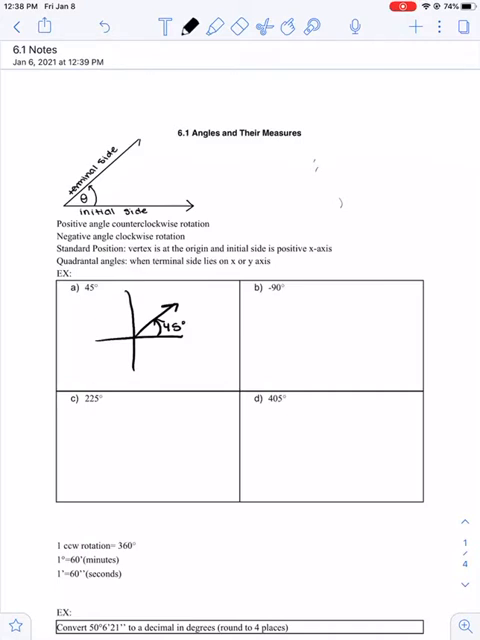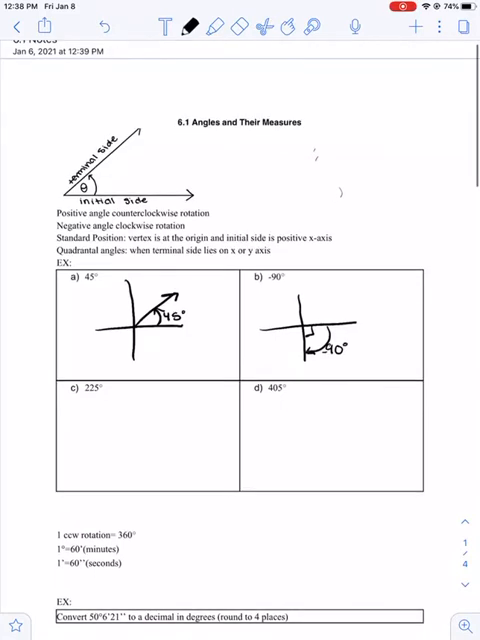All right, for B, we're negative 90. So remember, if you're going negative, you're going in the opposite direction. Still that 90 degrees. So to here, and we'll just label that negative 90 degrees. Next, we have